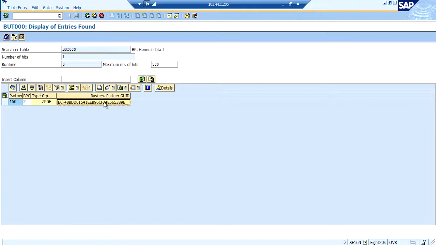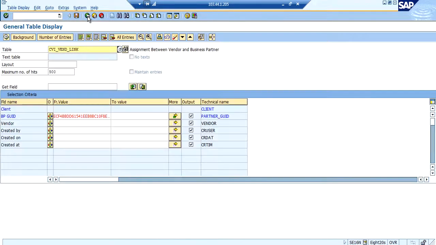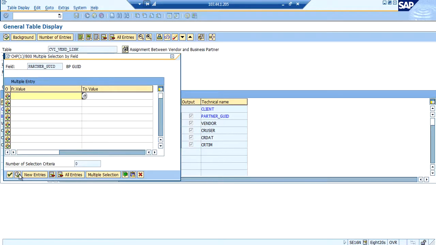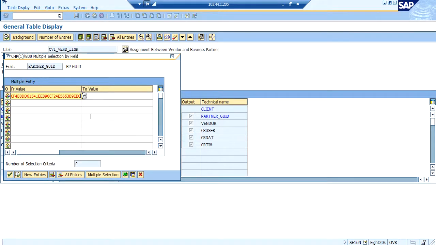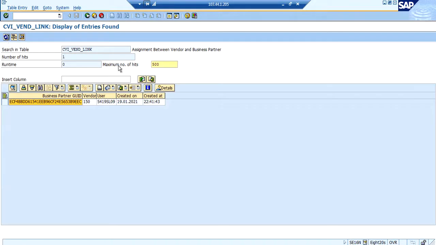If we copy this and go to another table, which is CVI_VENDOR_LINK, this is nothing but the vendor linkage with the business partner. If we give this GUID, then the vendor number will come. This is how one can get a vendor number assigned to a business partner.